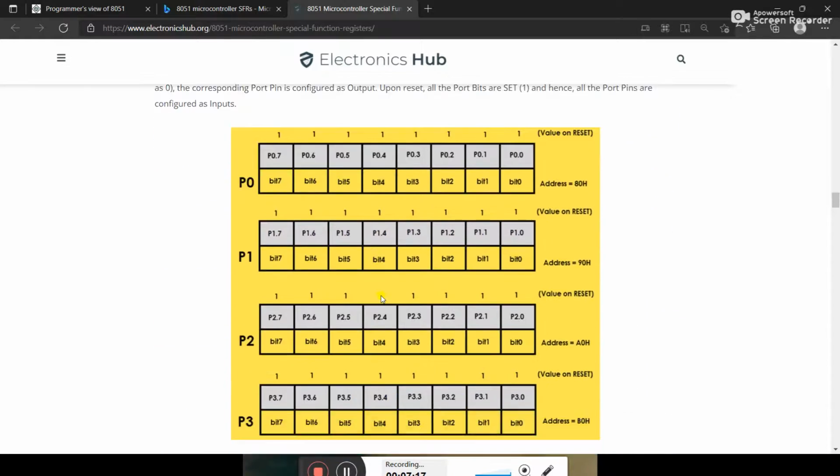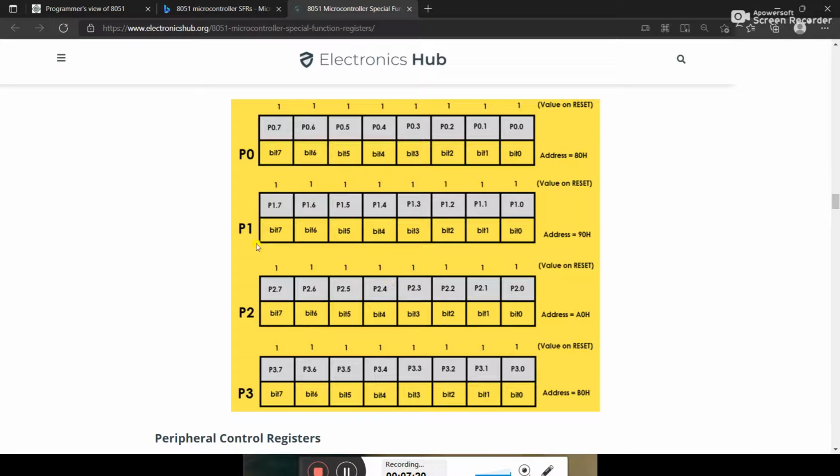Okay, some input output port pins are there, port 0 to port 3, and some values are available, and by default the value of these ports is 1111, meaning these are already decided as input ports. So we can set them to 0 if we need to make them output. We need not touch them if we want to make them input. So by default all the values are 1111. To make them output we need to put 0000 in all the bits.